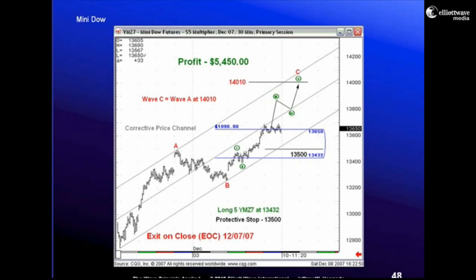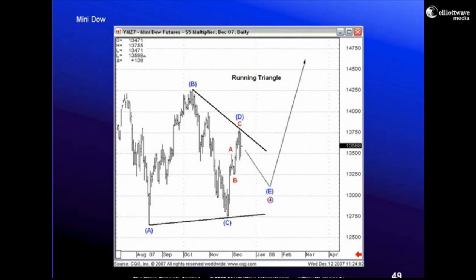Simply put, in this instance here, it was a profitable trade at that point. I simply did not want to hold a position over the weekend, so I exited the market on close, and again, very, very profitable. Now let's go back to our larger context that the wave principle does indeed provide, and is extremely valuable. Again, I'm working my running triangle here, which, as you know, a triangle is a sideways pattern where each wave subdivides into 3 smaller waves.